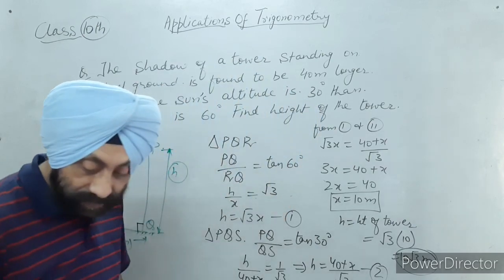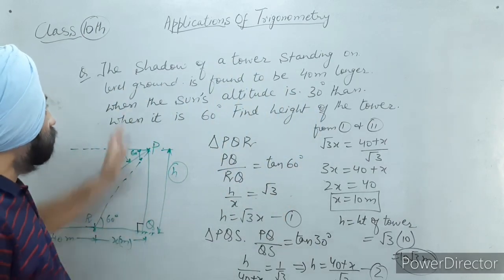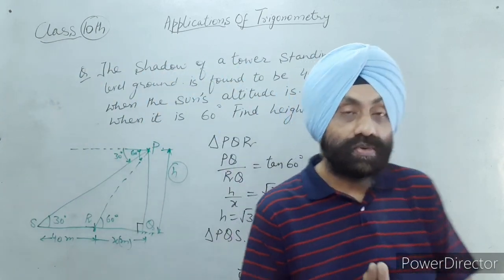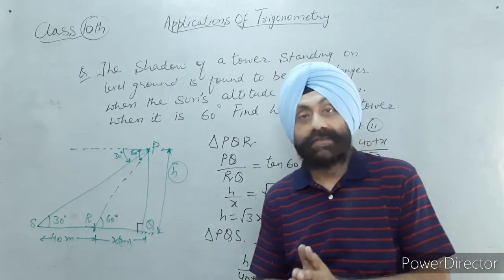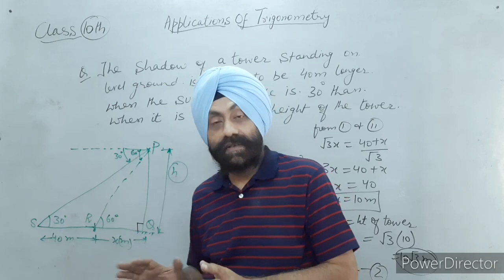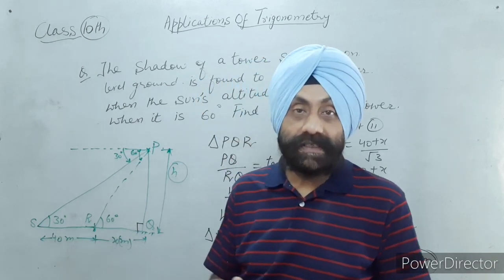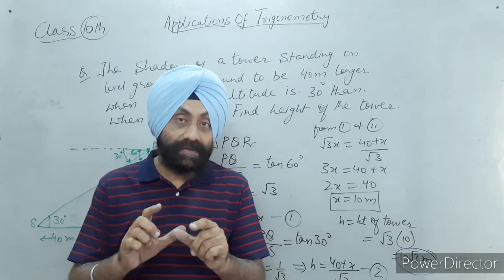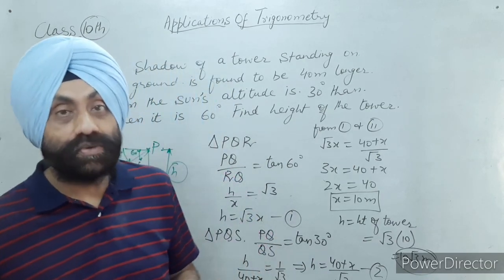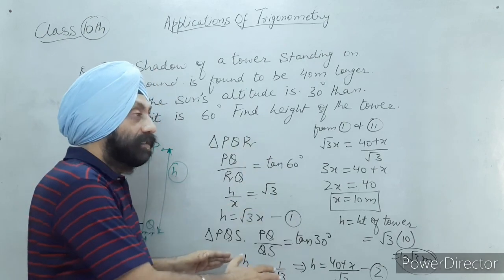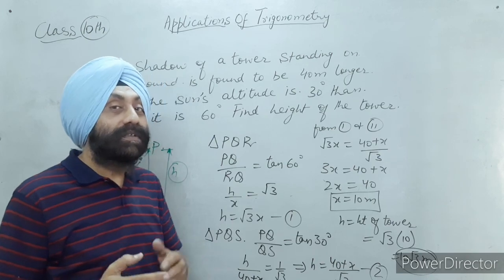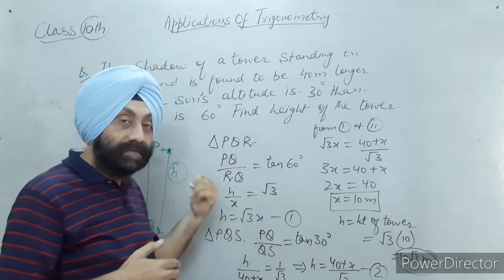This is the concept which we will use in this chapter of application of trigonometry. Go through the trigonometric tables, try to understand the relations between the sides and the angles of a right angle triangle, obviously. Okay? Remember those values of sine 30, tan 60, tan 30 degrees and so on. Revise this, go through the topics, till I upload more videos from this very chapter.